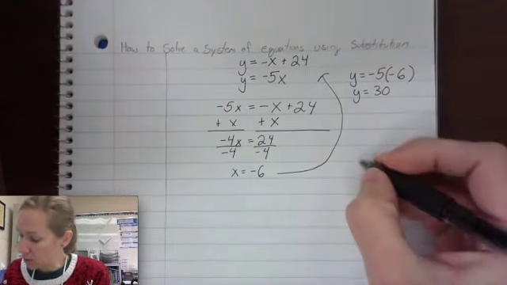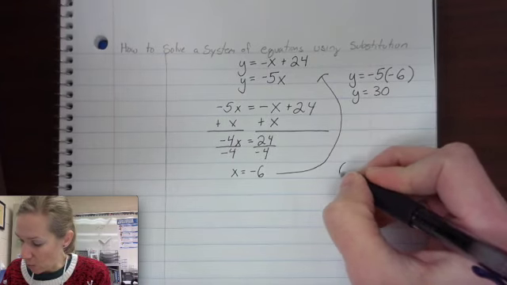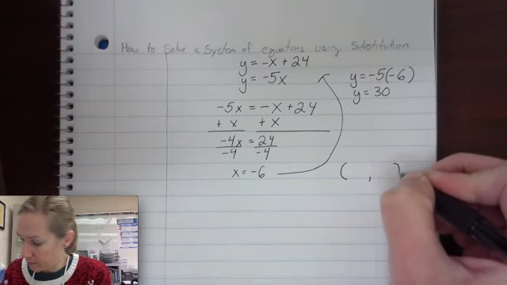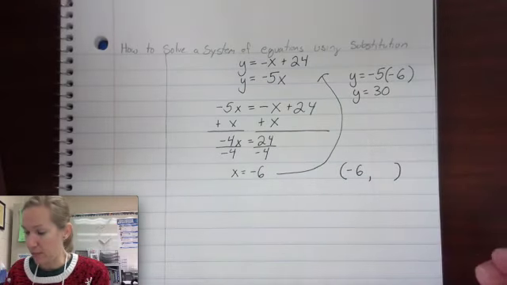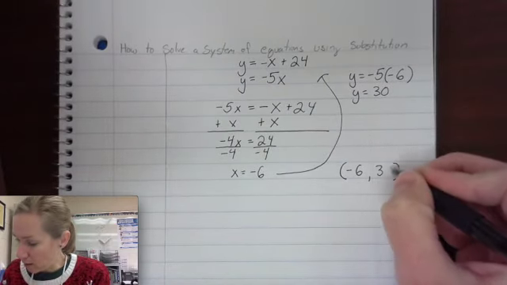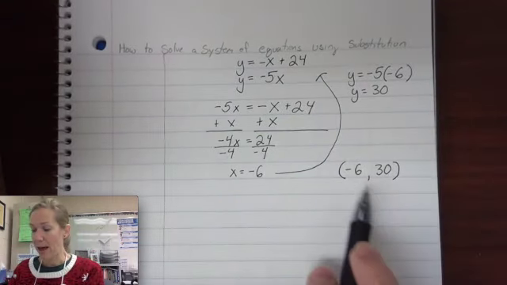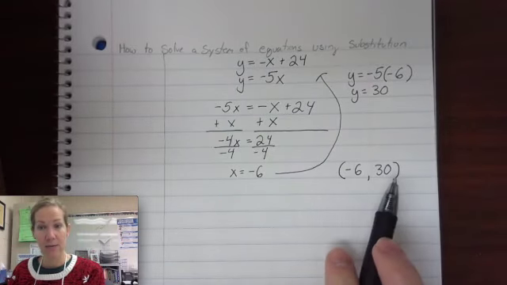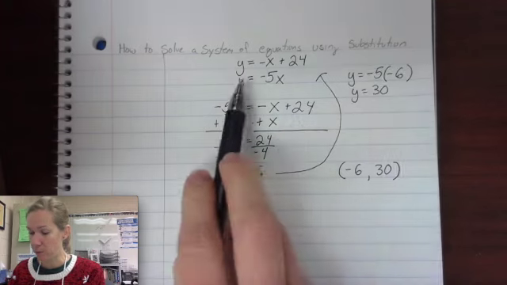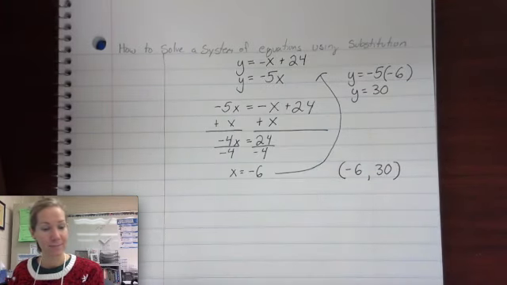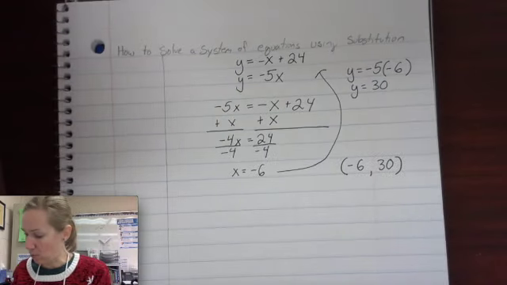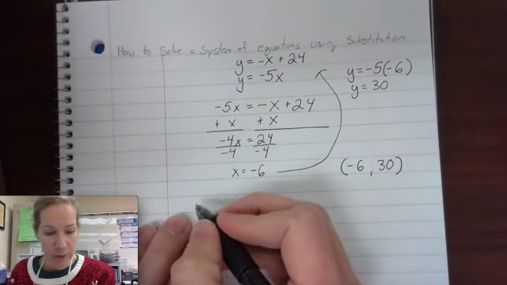Now my answer is going to be written as an ordered pair with an x-coordinate of negative 6 and a y-coordinate of 30. So at the point negative 6, 30 on this graph, that is where these two lines cross. Let's try a slightly more difficult one. The system of equations for this one